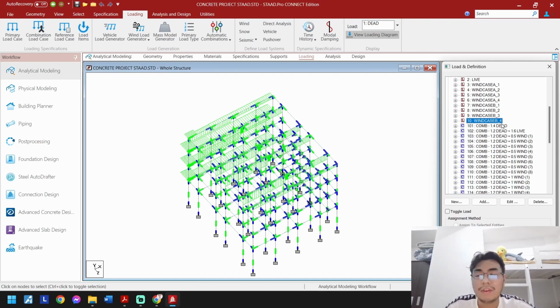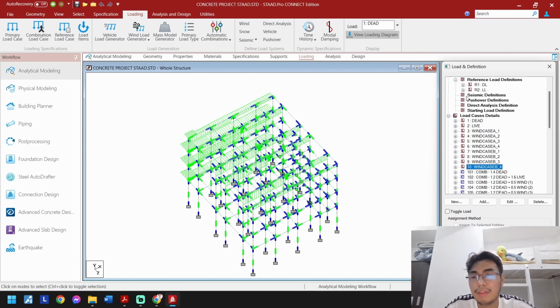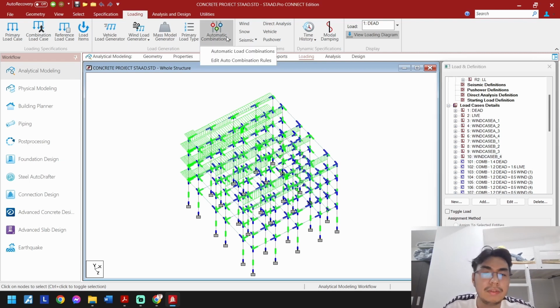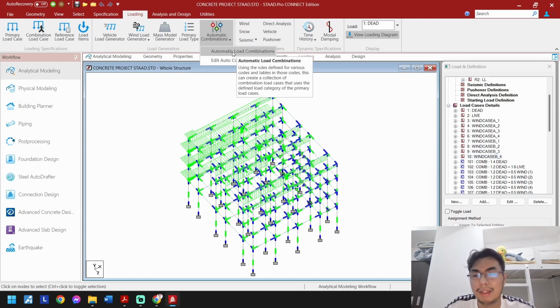Okay. So now afterwards, we have defined all of these loads. Sadly, there is no wind load since our professor did not require it. So now let's go to the automatic combinations for the NSCP. And there is a capability of STAAD to compute automatically the different kinds of loads of the NSCP equations for the load combination.